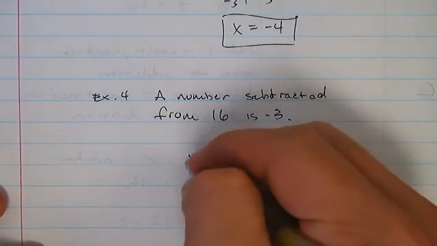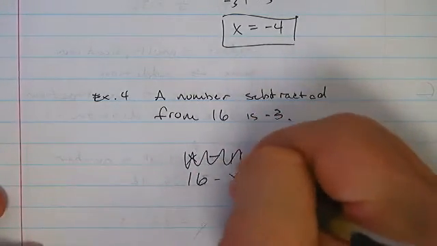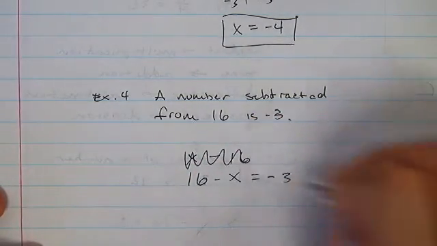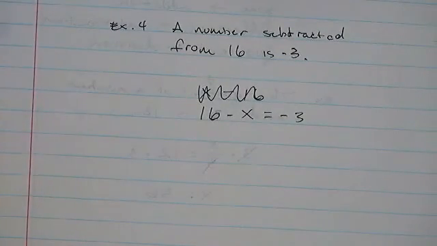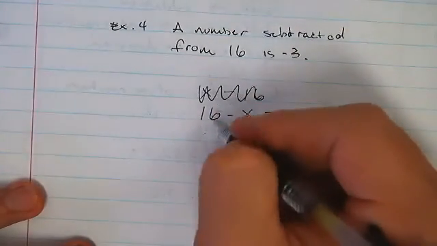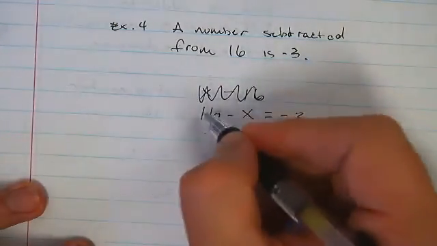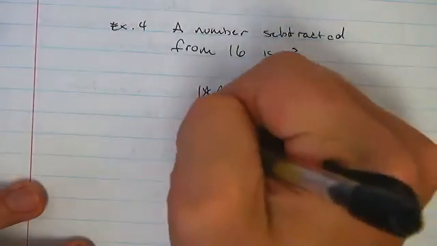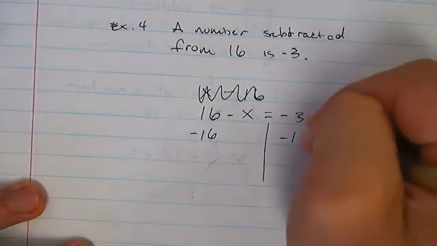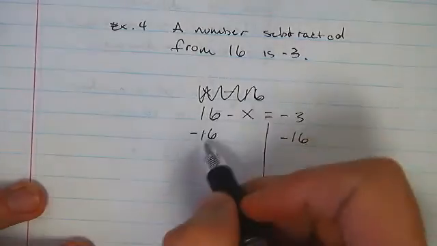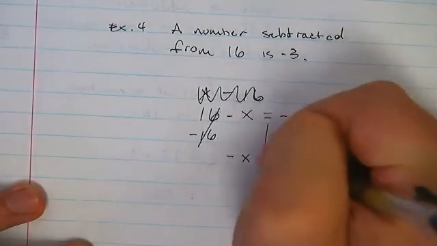Okay, so this one is the incorrect order. We would want that to say 16 minus x equals -3, in which case now I can solve this. Now be careful. You want to get rid of this 16. So you have to think about how you get rid of a positive 16. What undoes that? Well, I would need to subtract 16, because positive 16 minus 16 is where I get the cancellation, or the 0. So I have -x equals